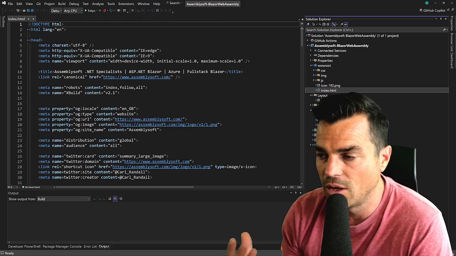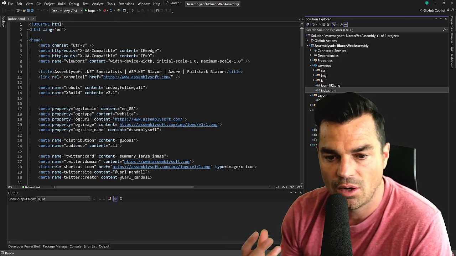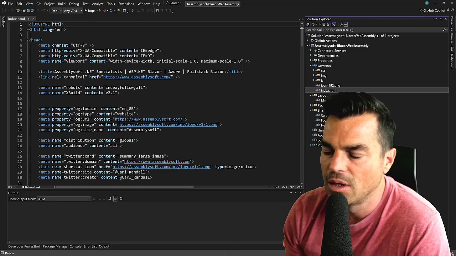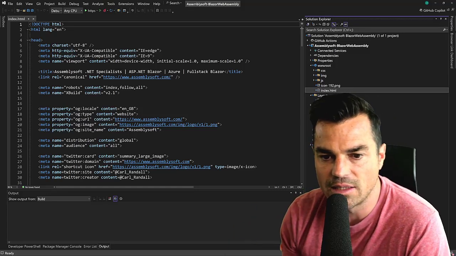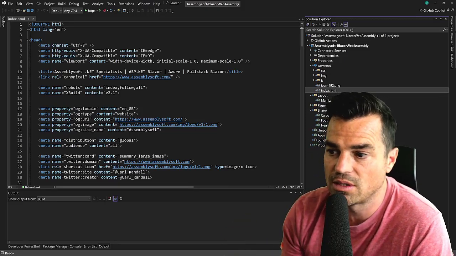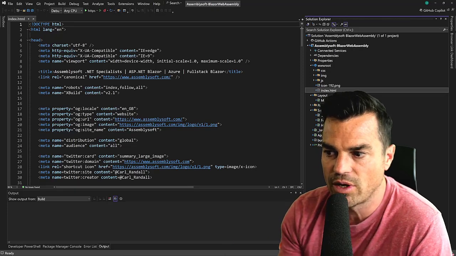And what that opens up to us is being able to host our files pretty much anywhere, whether that be GitHub or on any static server such as Azure Static Web Apps, which is what this Blazor migration series is